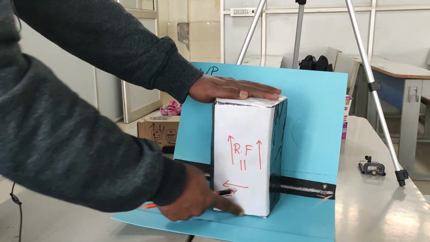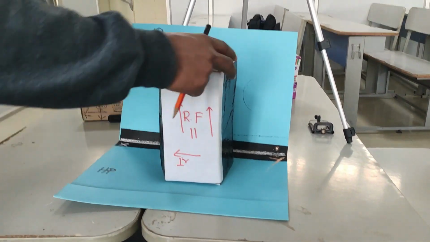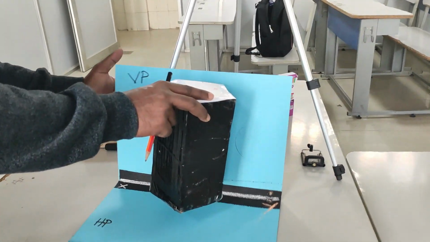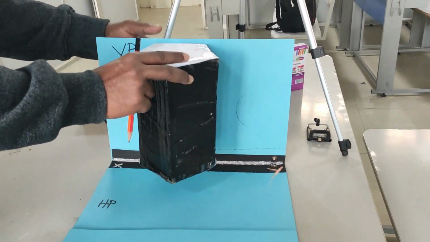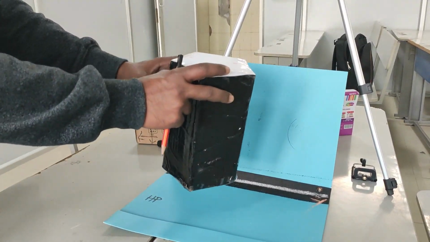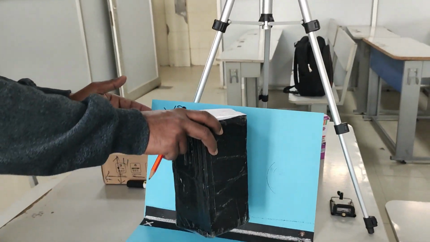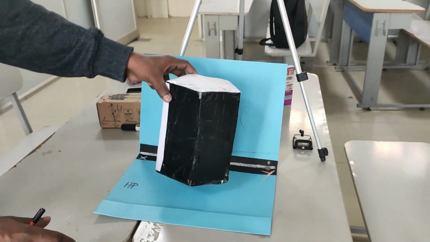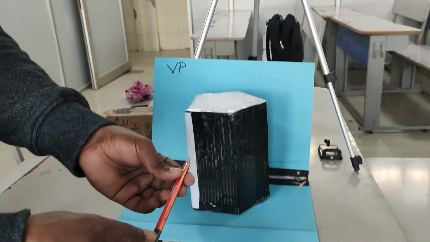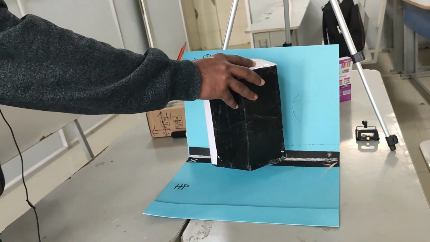Now if I place the object like this, this plane is parallel to VP. If you don't believe that, I am rotating it, and this object will exactly match here. That means it is parallel to VP, and the position of the object right now is above HP, in front of VP, with one surface or plane parallel to VP. So what about perpendicular to VP? If you rotate 90 degrees, as I told, you are going to see from this direction, your view rays will come like this and pass through, and this surface is going to cut over here.